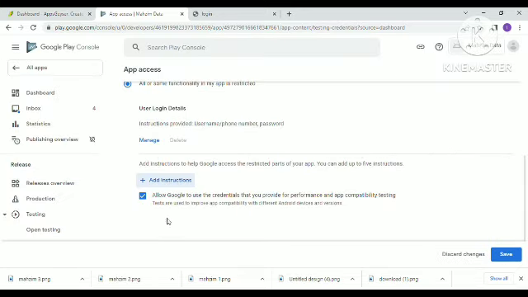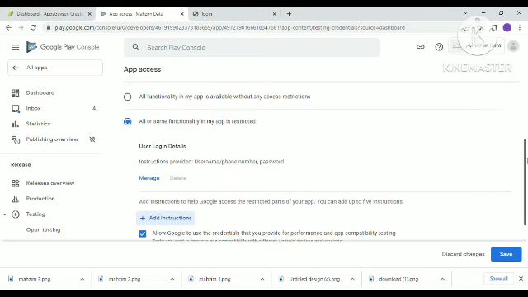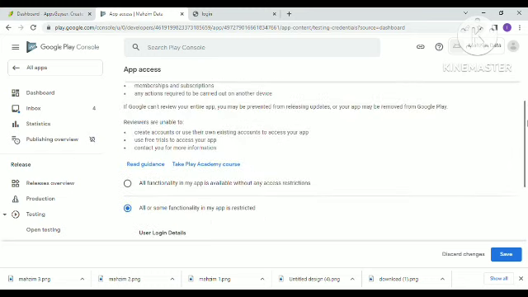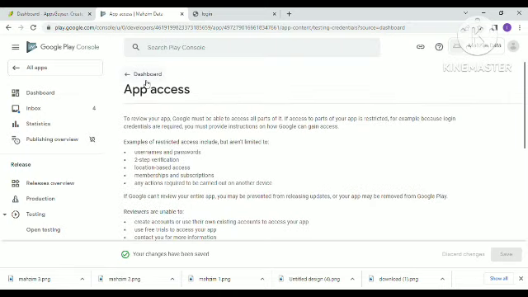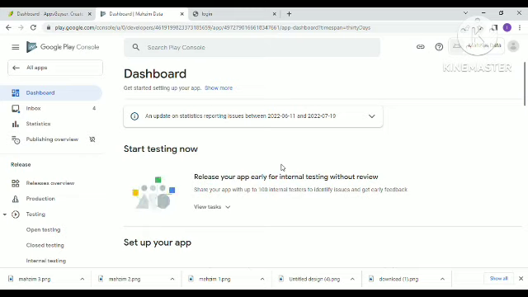Now you see that I have already added an instruction, but just take note that if the website you are converting into an application does not have anything like logging into an account or registering an account, you just have to select this option here. But since the app I want to upload has the option, that's why I've entered the login details here. Then you click on save, and once your changes are saved, you scroll up to go back to your dashboard and move on to the next step,